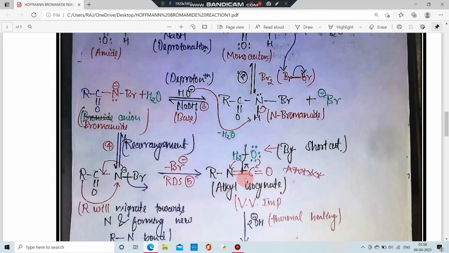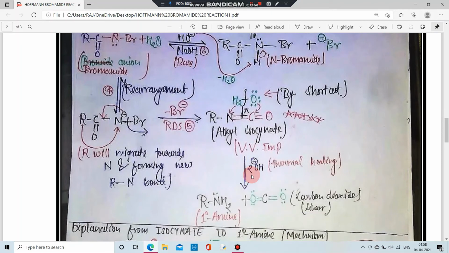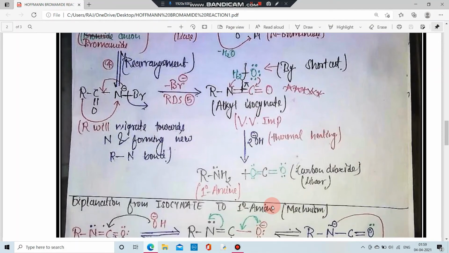Now by shortcut method, we are getting a product. We have used a water molecule to break the N and C bond to get a primary amine as the main product. So we have broken the pi bond between N and C with respect to the water molecule. These two hydrogens are going to attach with nitrogen, and during that time the O is going to attach with C. So we are going to get the main product, primary amine, from these two hydrogens attaching at the nitrogen atom. During that time the O is going to attach with this CO, so we are going to get a linear molecule, which is CO2, as a byproduct.